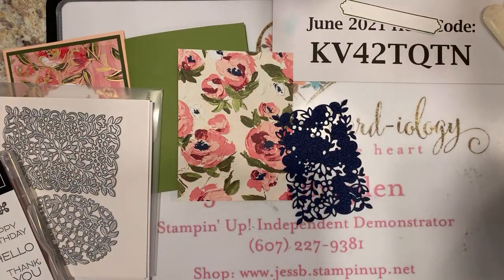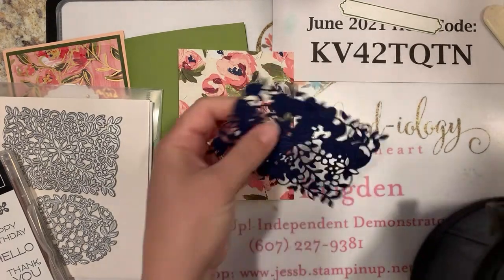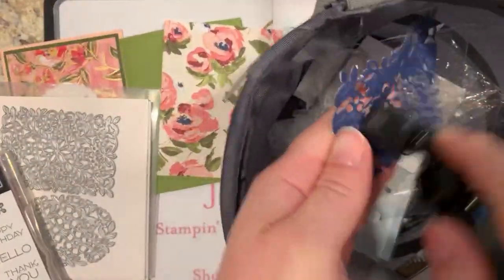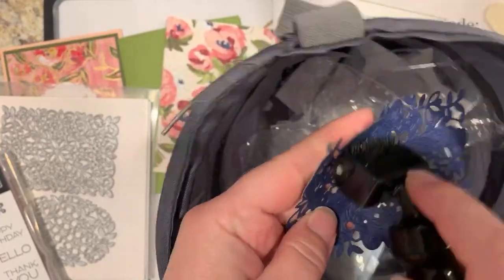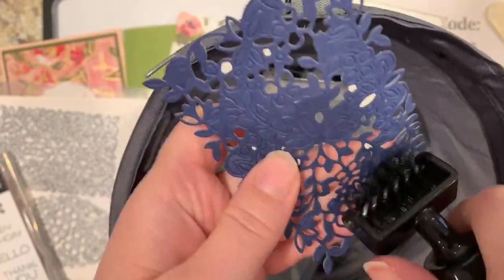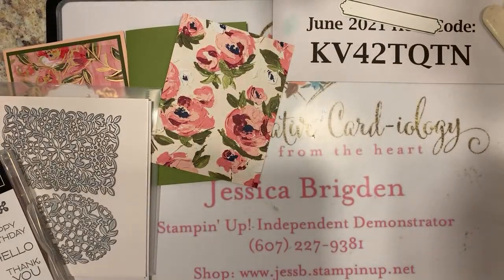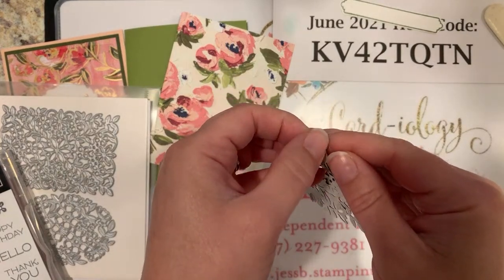And I should have brought out my little holder to put all my little scraps from my die brush. All right, but you want to just run through that. Make sure that as you peel this off, you're going to get all of those little pieces. It cuts out pretty well, but sometimes it's nice just to run it over a little bit just to get the rest of those pieces. Okay. All right, and then when you gently separate the backing,